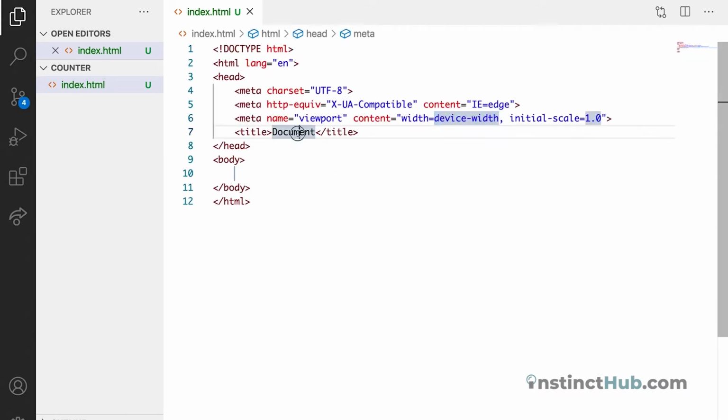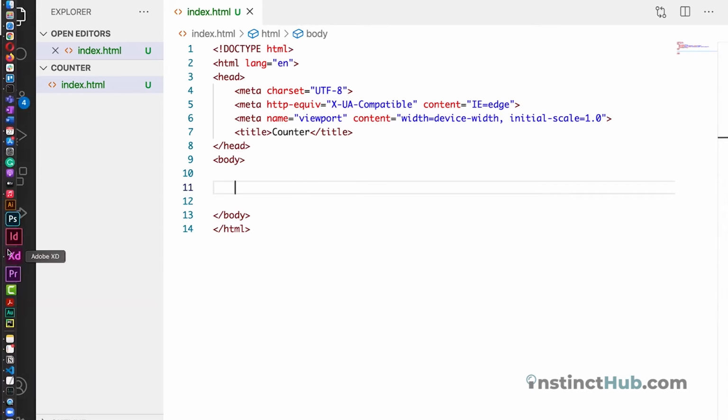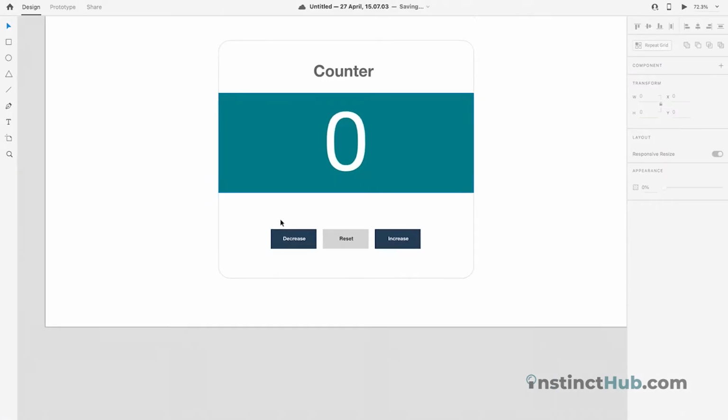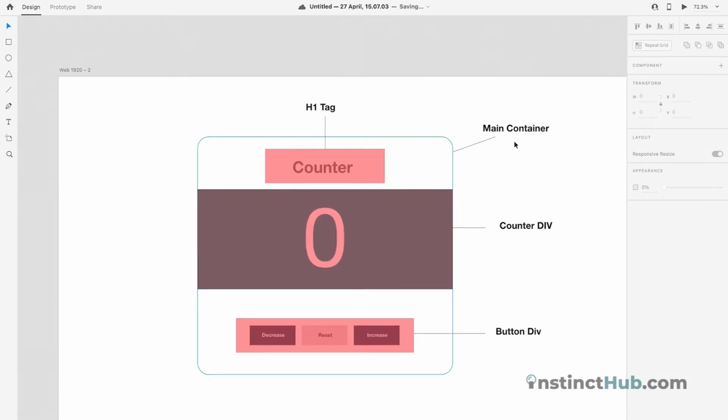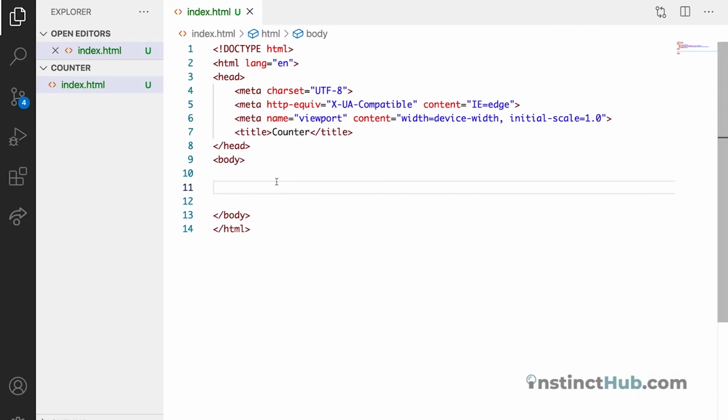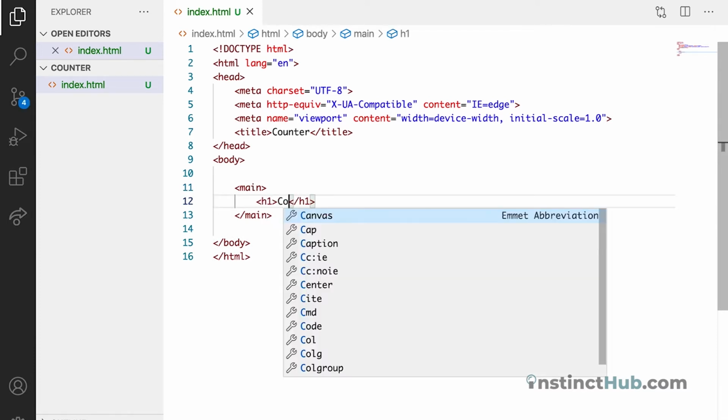So in the boilerplate, let's just change the title to counter, which is our app title. The next thing is we need to declare all those containers that we saw in the design. Starting with our main container, which is going to wrap the entire project, we're just going to say main. Then the next thing is we need our h1. Then we can just put in counter,